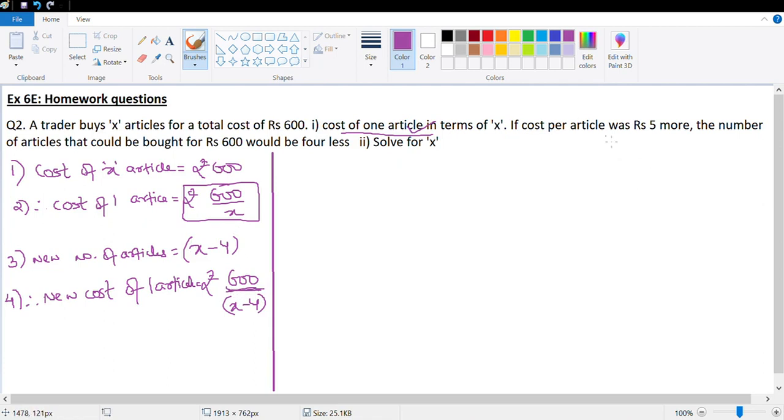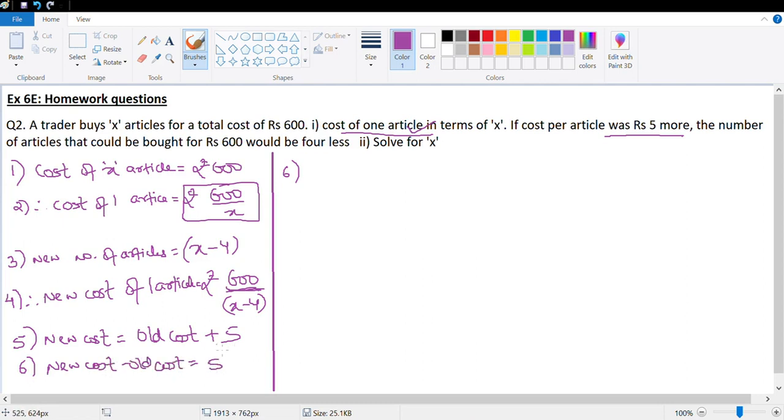The relationship given is cost per article was 5 more, which means new cost is equal to old cost plus 5. Yes, that's correct. Now let's substitute values and see what we get. So we can also write this as new cost minus old cost is equal to 5. That's in rupees and we've kept everything in rupees, so no need to convert. So new cost is 600 upon X minus 4 minus old cost is 600 upon X, and this is equal